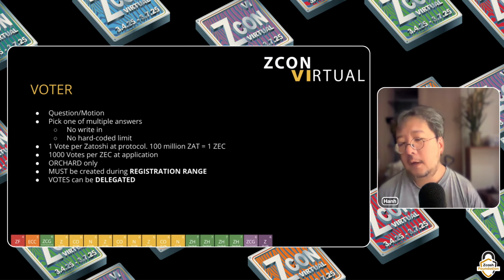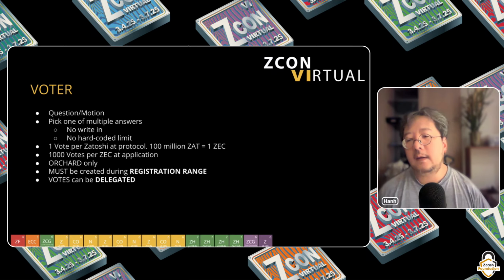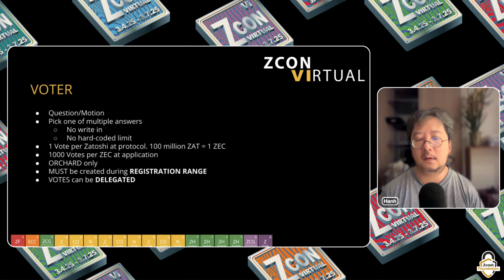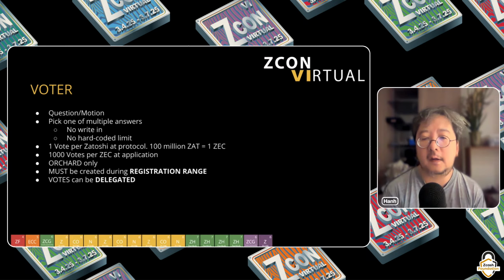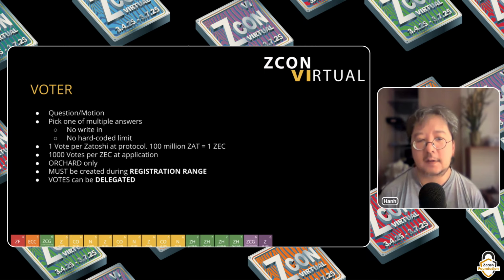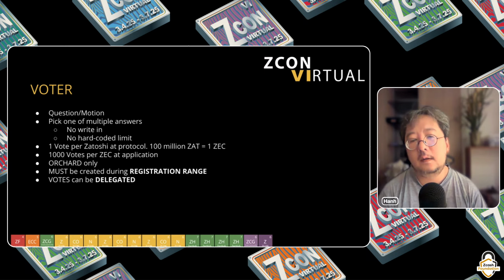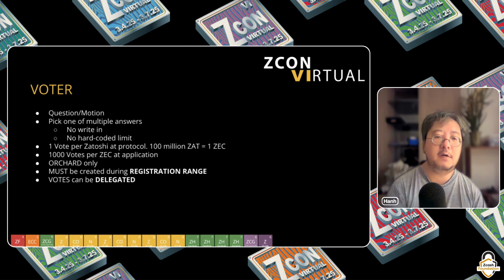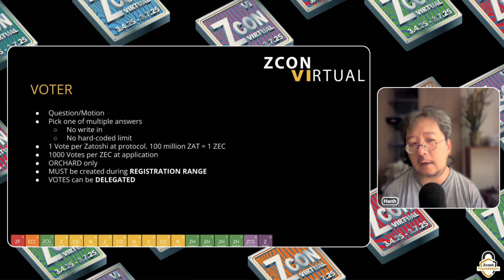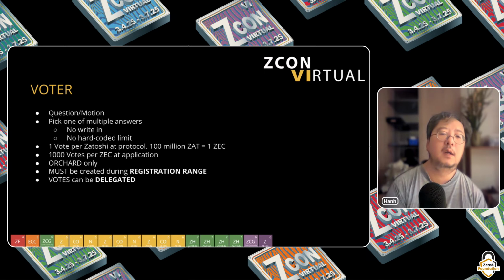There are some elections that would make that range short, maybe like 1 month, 2 months, or longer, 6 months, 1 year. It's really up to the organizer, the creator of the election. But you have to be mindful of what these numbers are, what the range is. And the last feature, the last thing that you can do as a voter, is to delegate